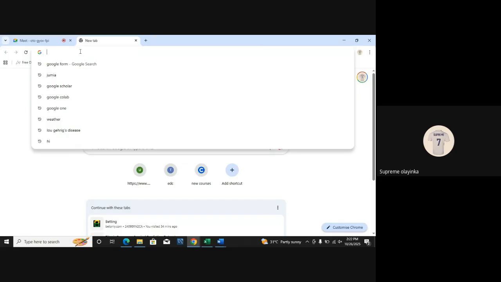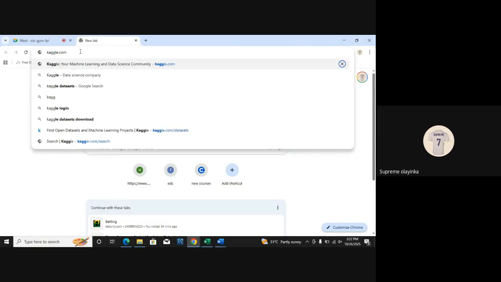Okay, one, two, you have three. Okay, that's a great number. So 3 out of 5. Others, please ensure you have an account with kaggle.com. So the first thing is kaggle.com.